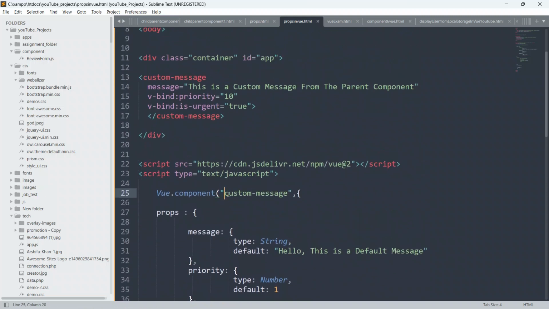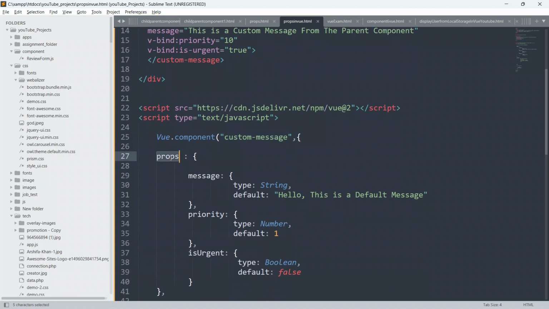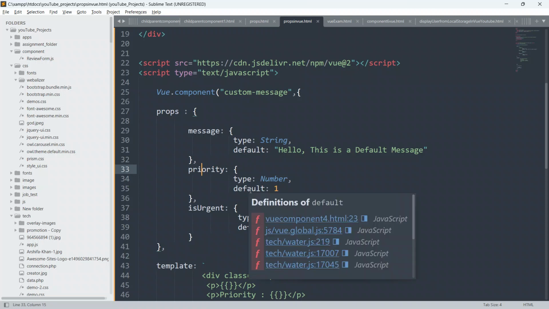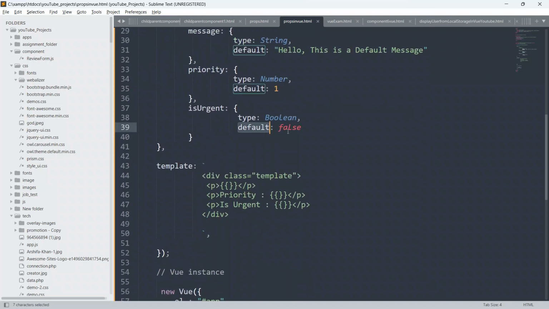So guys, this is the custom component named custom message, and we have defined it using Vue.component. Inside the props we have defined our three properties. The first one is message, the second one is priority, and the third one is urgent. The type of the message property is string, and it has a default value. The type of the priority property is number, and the default value is 1. The type of the urgent property is boolean, and the default value